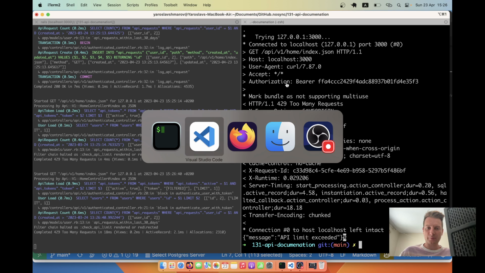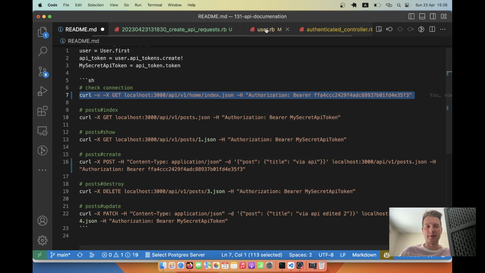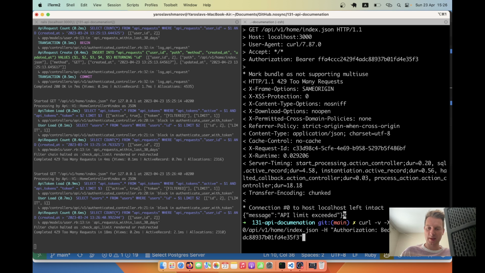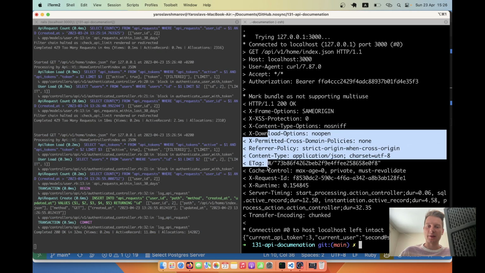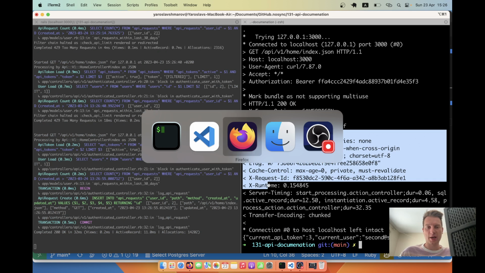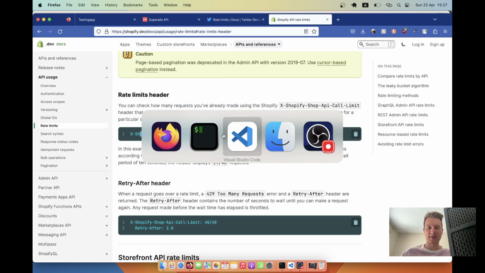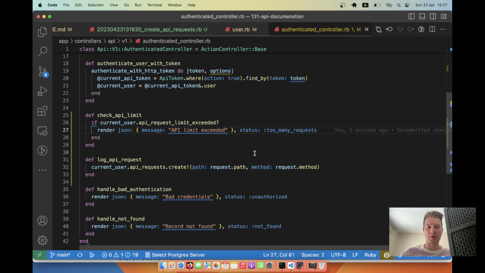Now let's increase the limit. Let's make it 50, for example. And let's add an additional header from our application like the one from Shopify, where we say how many API requests the user has left. So to do this, I'm going to go back to the authenticated controller, and after logging a new API request, I will say